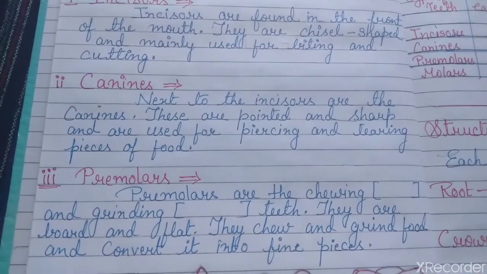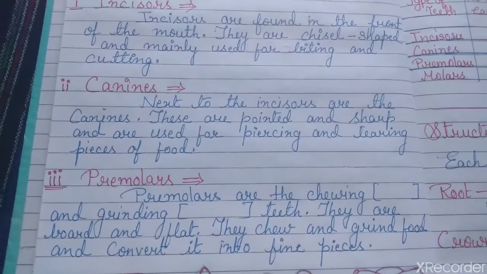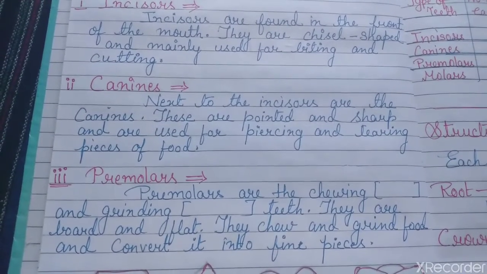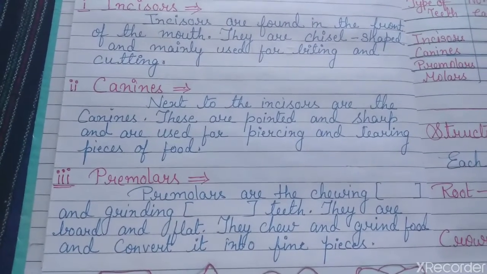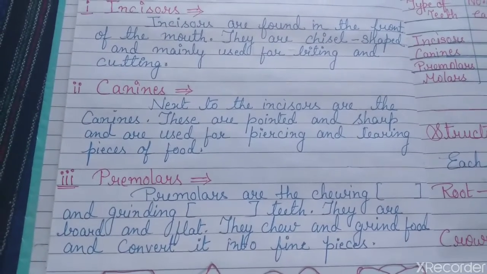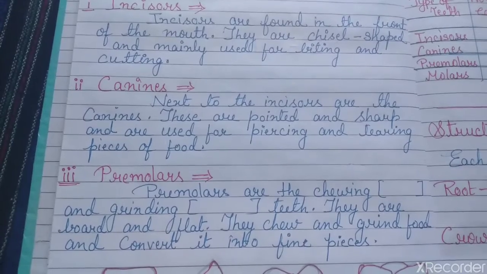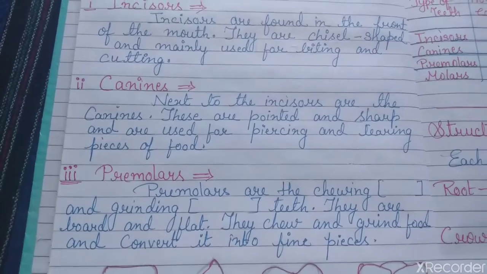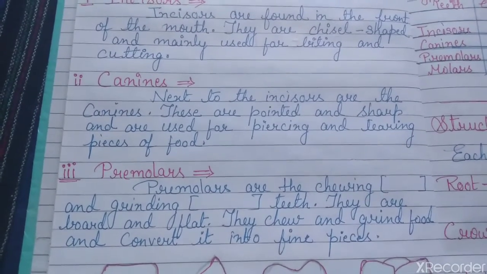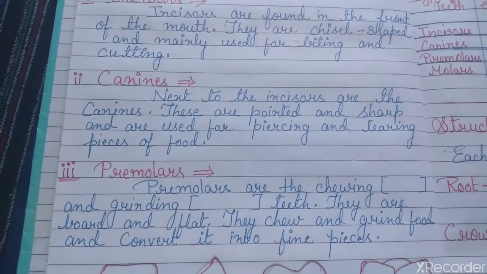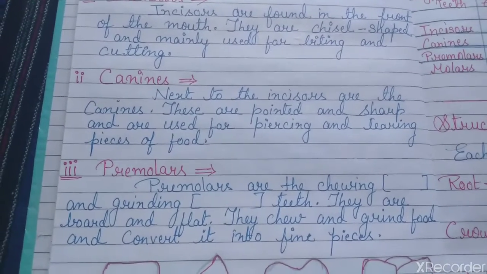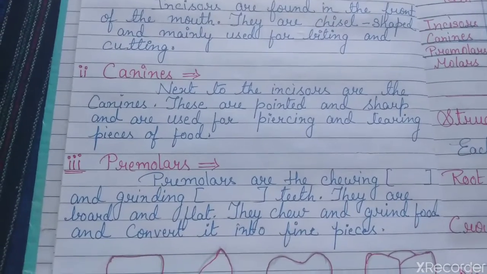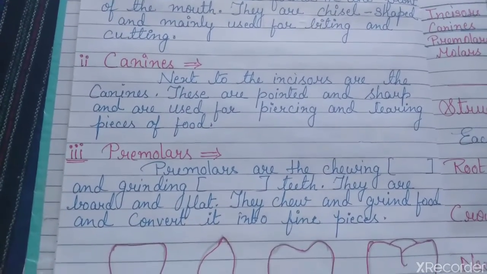Premolars are for chewing. We crush and grind the food we have taken, which is complex, and while grinding and chewing it becomes a little more soluble. They are broad and flat. They chew and grind food and convert it into fine pieces. This is the function of premolars. Next there comes the